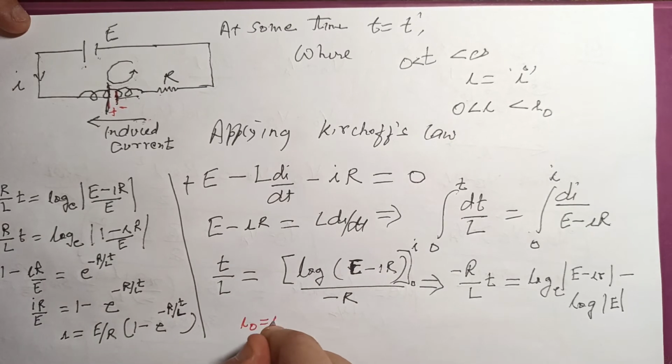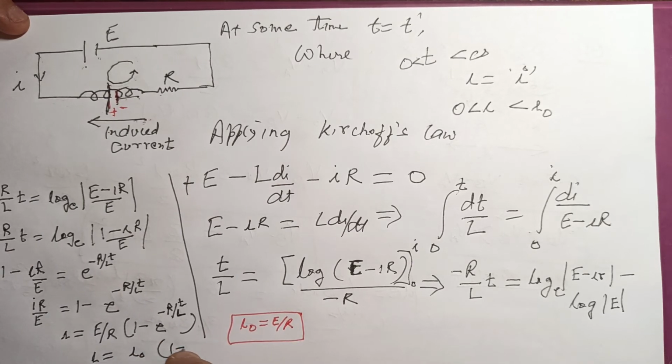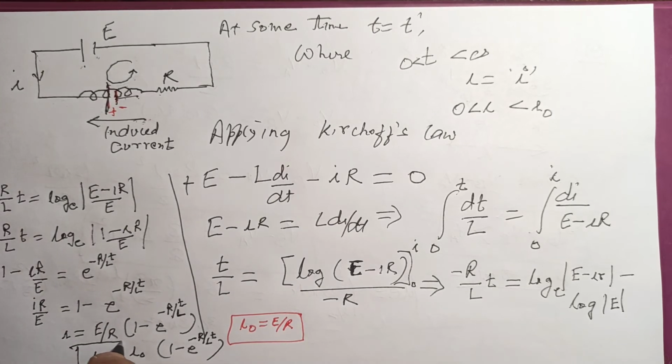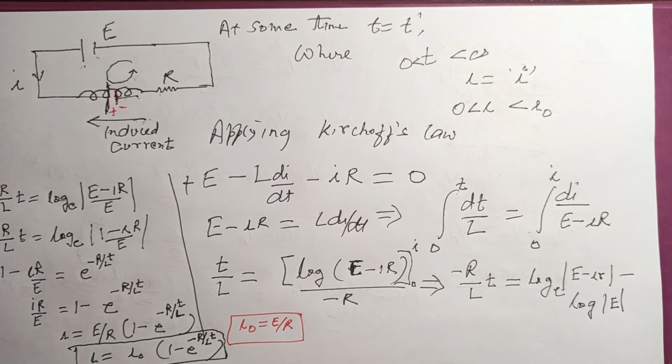I naught is equal to E by R. Okay, just replace it here. So this becomes I is equal to I naught (1 minus e to the power minus R by L t). This is the final formula. Correct? It clearly states what would be the current in terms of I naught, which is the